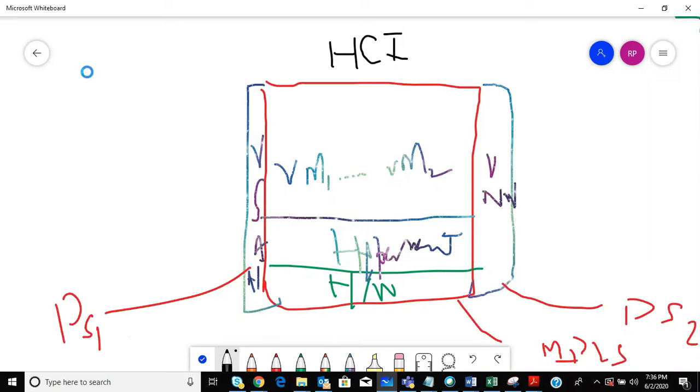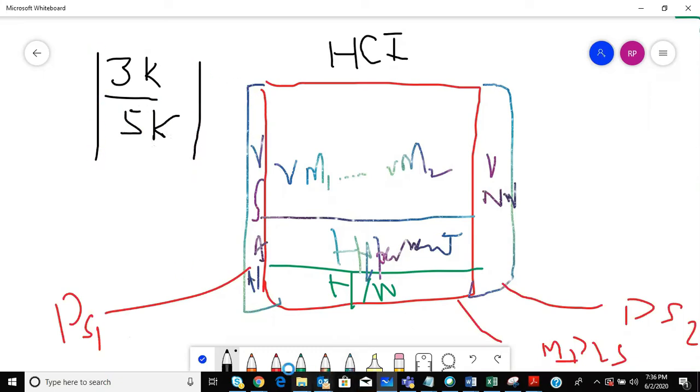Suppose the workload is 3K users, or up to 5K users. This is very good for VDI solutions. For VDI, take the example of VMware Horizon VDI, or Citrix VDI. These solutions are very helpful to manage the show if the user count is within limits. But if it is beyond that, HCI is not going to support it, right?